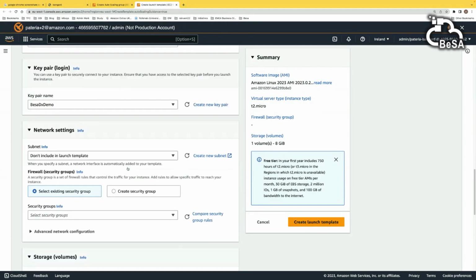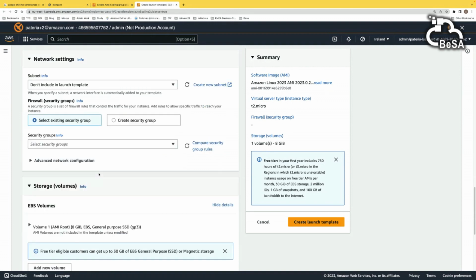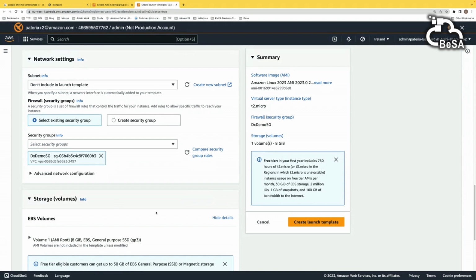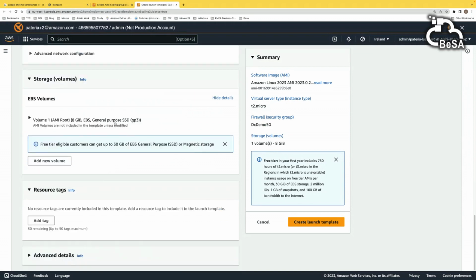Then any security group you can choose. And whatever volume, whatever hard disk you want to attach, you can attach. It is default 8 GB EBS GP3, but you can change it if you want.